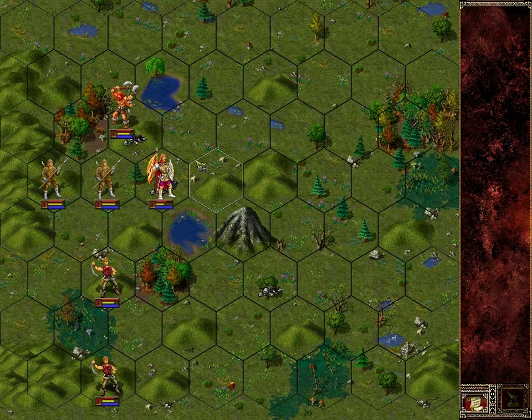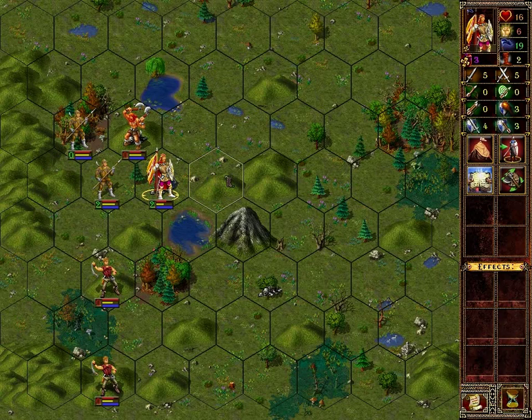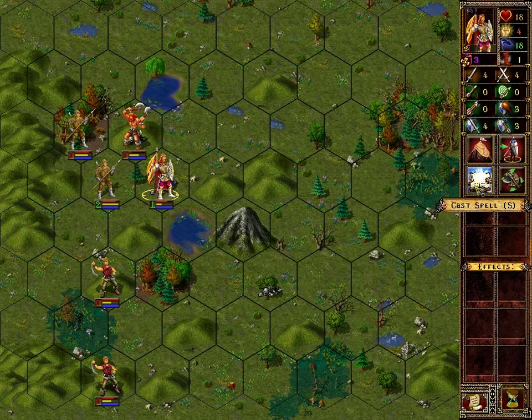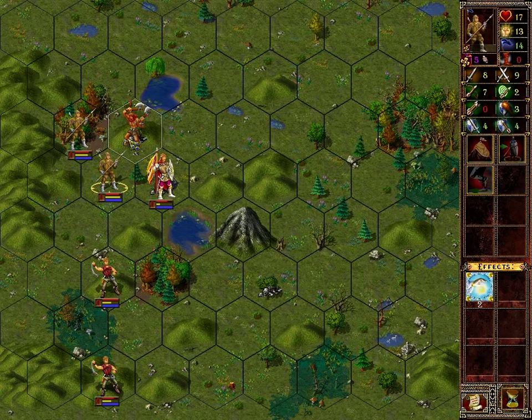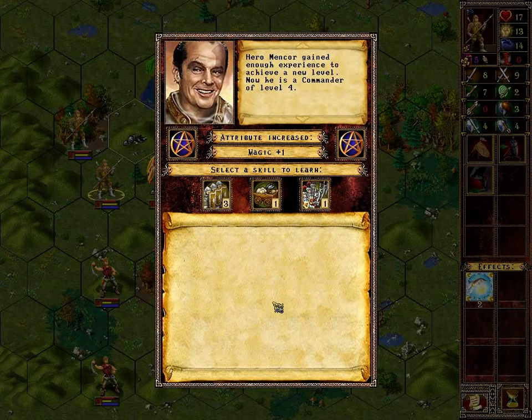Give that experience to our commander. And I'm going to let him attack us one more time. We'll use Cure Wounds. I think I'd rather... no, let's get the experience. Didn't kill him. Come on. Magic. Alright, not as bad as another point of health, but this is not what we want a